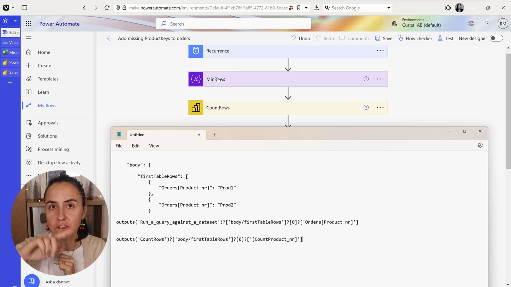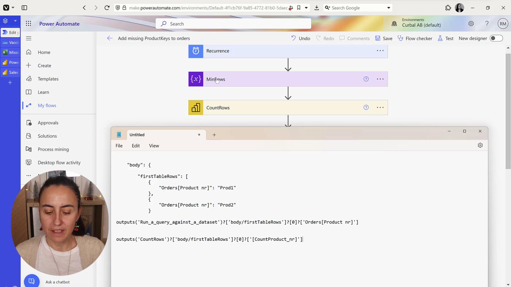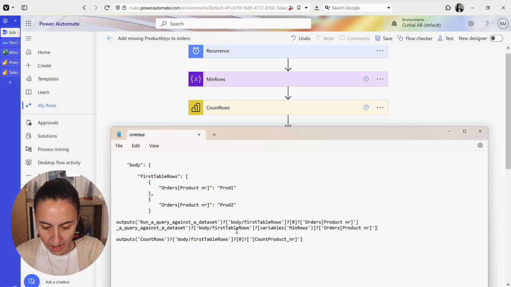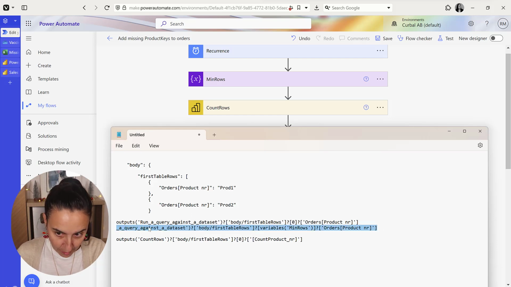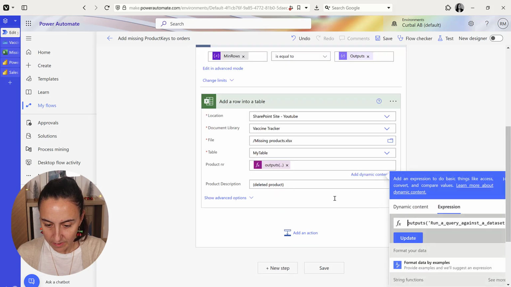So this is going to be 0, and then it's going to be plus 1, 1 and 2, right? So instead of 0 here, we need to write the variable name, so variable minimum rows. The other stuff is the same, and this will increment. We haven't done the increment yet, but it will. So copy that, and then in here, you get rid of that, paste the new one, and update,